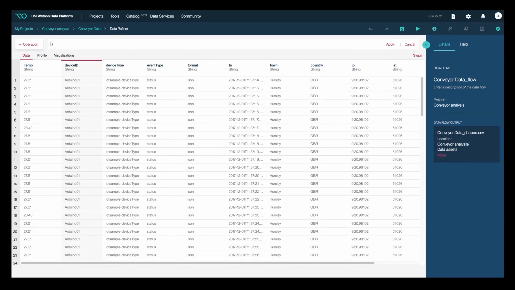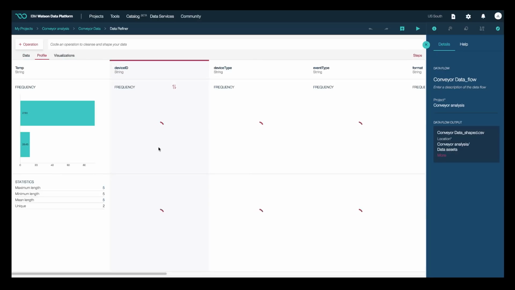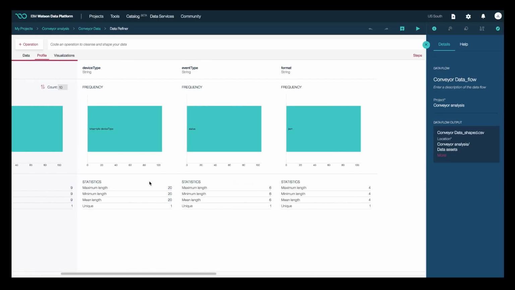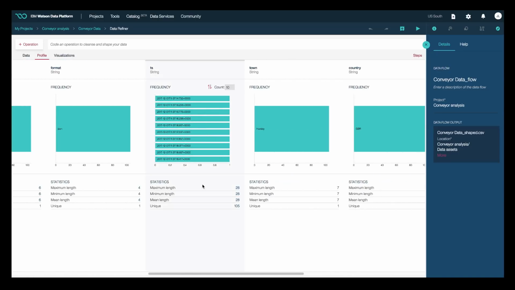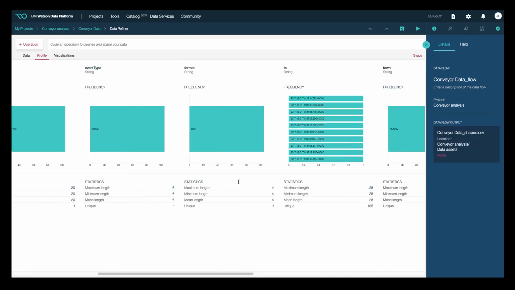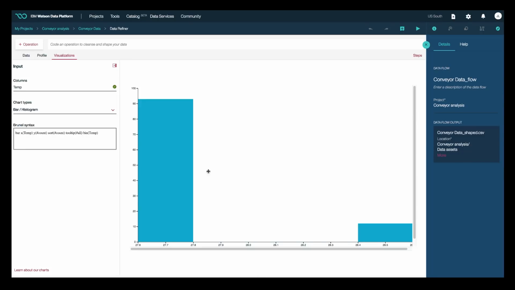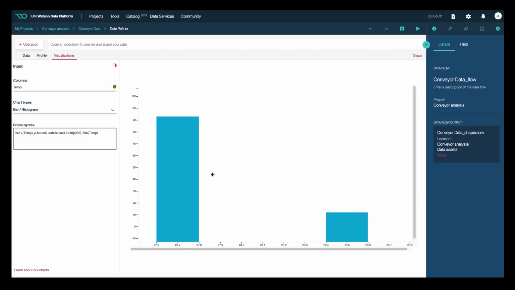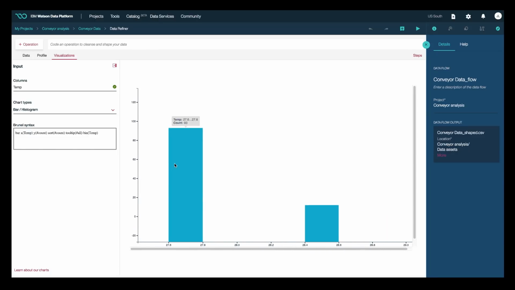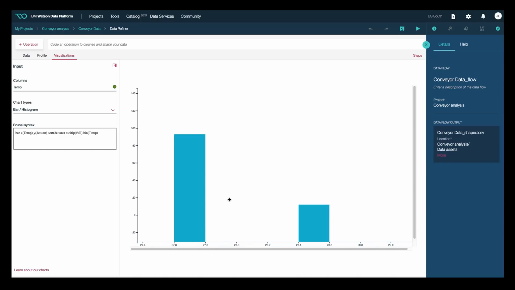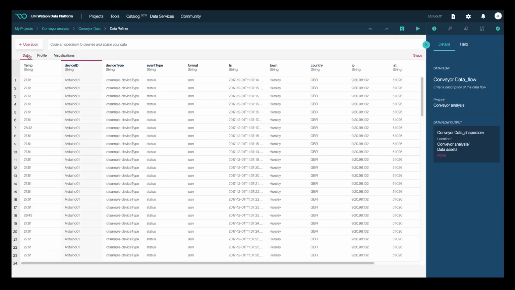If I go into the Profile tab, then we have a slightly more in-depth view of the profile. We can see the different values that exist across our different datasets, which could be interesting. We can also very quickly, on the fly, build out graphs to understand the different values that exist inside our dataset. So we can see, for example, that in this dataset we have a good split of temperature values. So we can use that to understand whether or not this is a good dataset for us to use. In this case, we're confident that this is a good dataset, and we're going to go ahead and run our